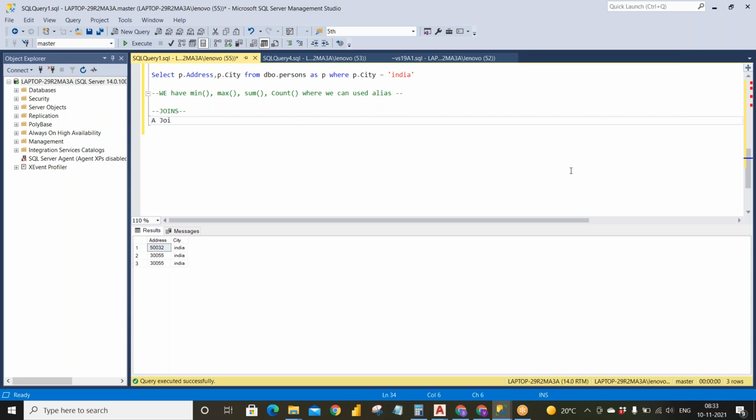We will say the join clause is used to combine rows from two or more tables based on a common or related column between them.